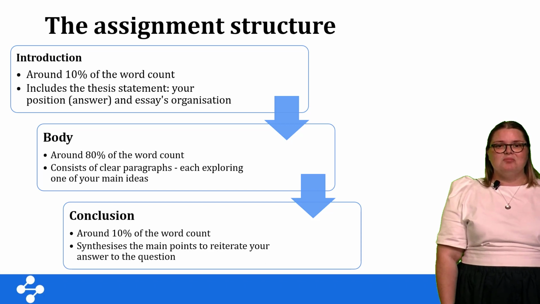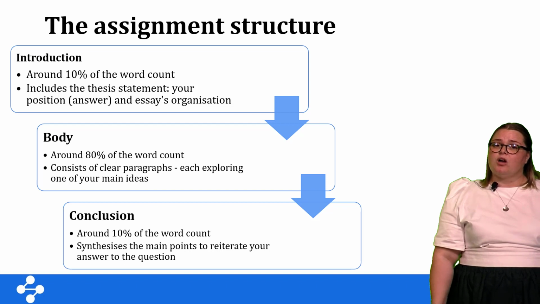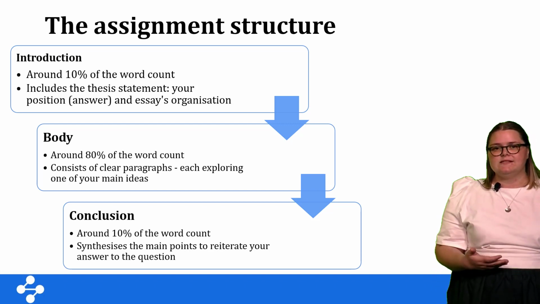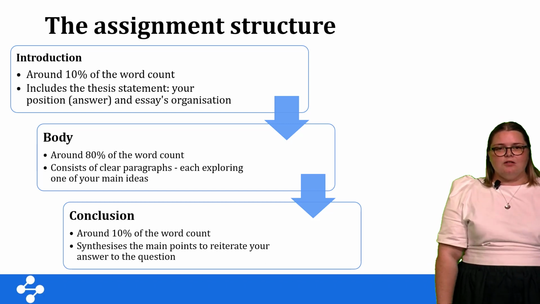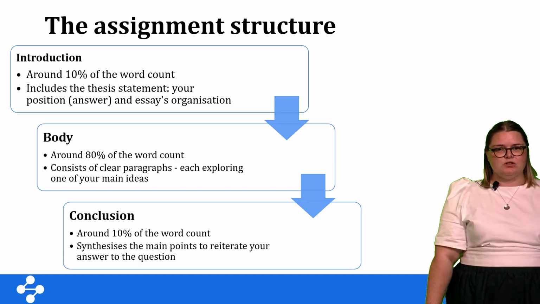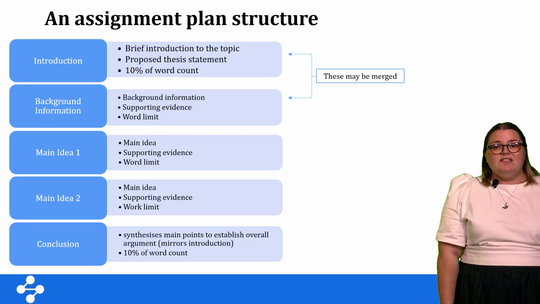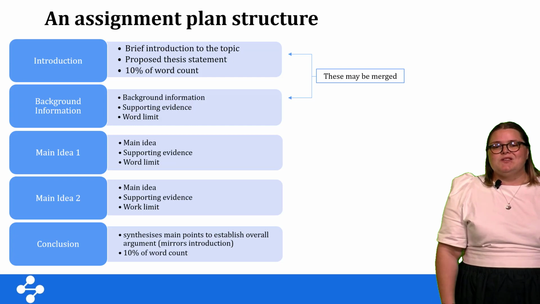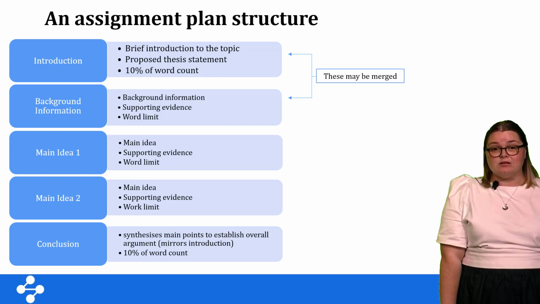The first thing to keep in mind is the structure of the assignment that you're writing. While the content will depend on what kind of assignment you've been asked to create, the basic structure will likely remain consistent. So we're looking for an introduction, main ideas presented in each paragraph, and then a conclusion. Take a moment to look at the assignment description or rubric and determine what your assignment needs to contain. At this point, it's also a good idea to consider some of the limitations of the assignment. So including word counts or a breakdown of the assignment question in your plan can also be really helpful.